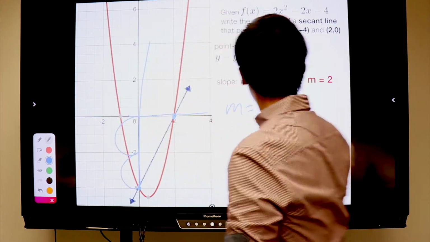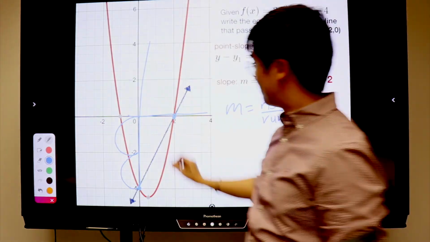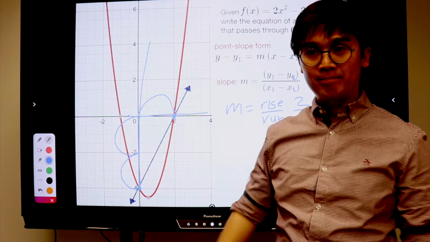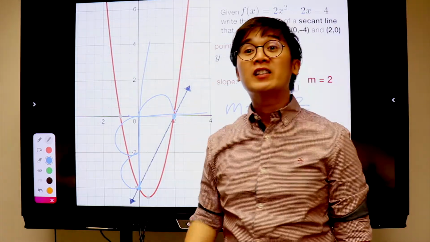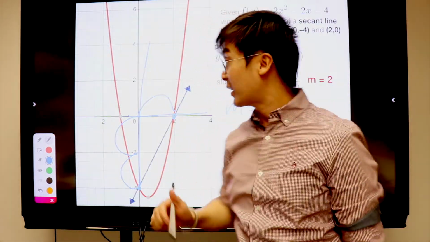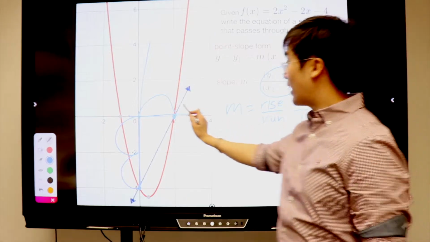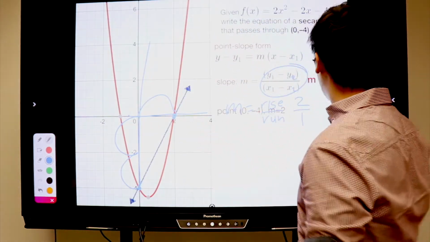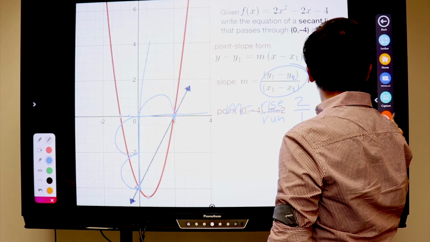One, two. 2 rise, 1 run. Done. So that's another way of computing for the slope graphically, using a formula and using the definition of the slope. Alright, so now that we know our slope and now that we have our point,